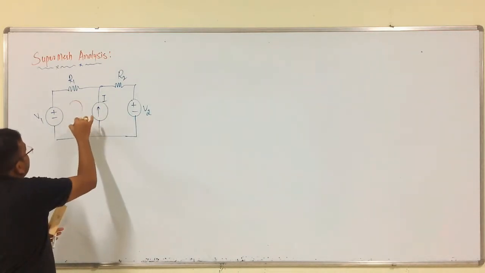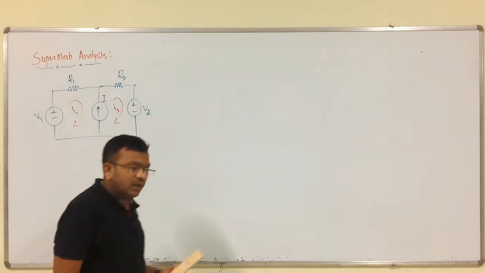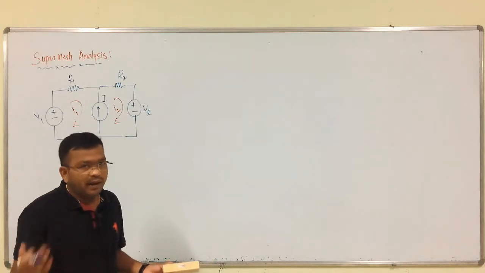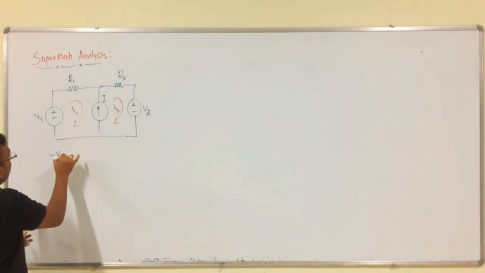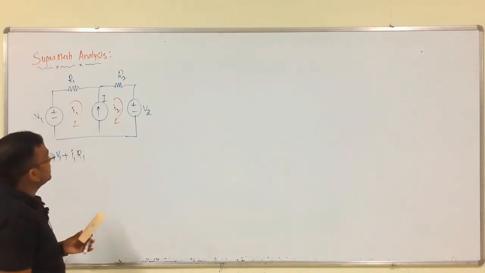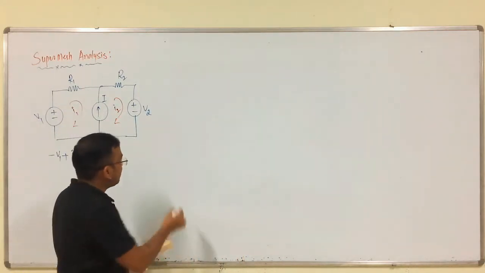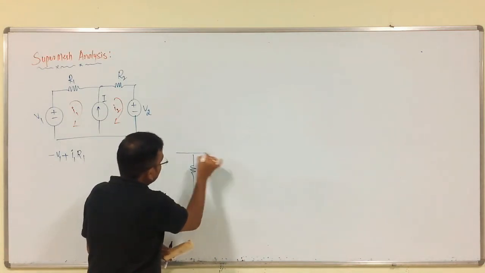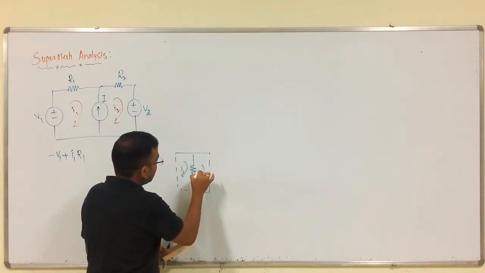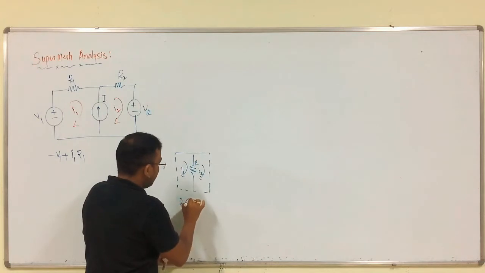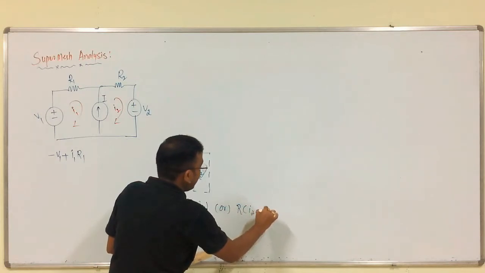So, I1. We all know that after being given the circuit, we assume our own current directions in loop 1, loop 2, and so on up to loop n. So, with respect to loop 1, what is the KVL equation? That is minus V1 plus I1 into R1 plus, this current source is present between loop 1 and loop 2, right. For example, if we have a branch between loop 1 and loop 2, based upon the current direction, we write R into (I1 minus I2), R into (I2 minus I1). We can write like this, right.